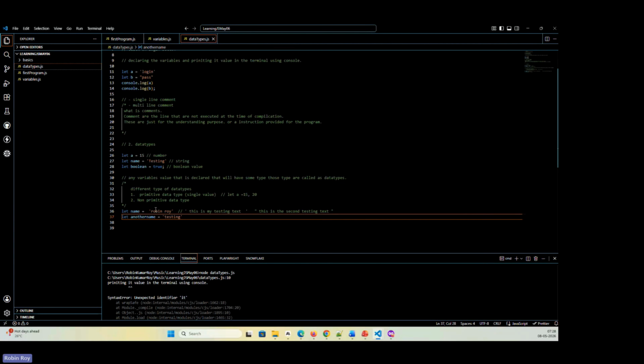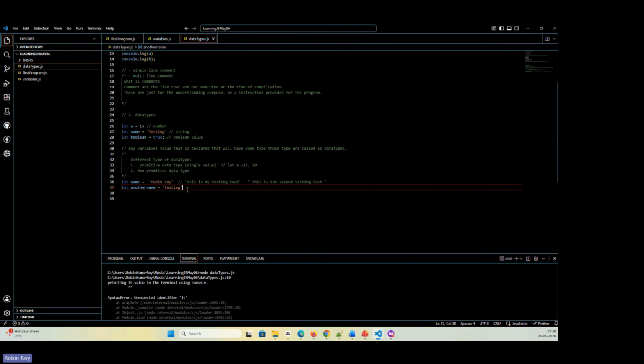Sometime back I said you cannot declare a variable with multiple values. I can say Robin Roy, I cannot say next word again. But here you can see there are multiple words, because everything that you have written is wrapped inside a single string quotation. It is not like this is one string and this is another string. If you write it that way, it will fail, it will give you an error. But if you write everything inside a single statement, you can write even the lengthiest statement there, it will not create any problem. So primitive data type is nothing but a single value data type where it will only store the